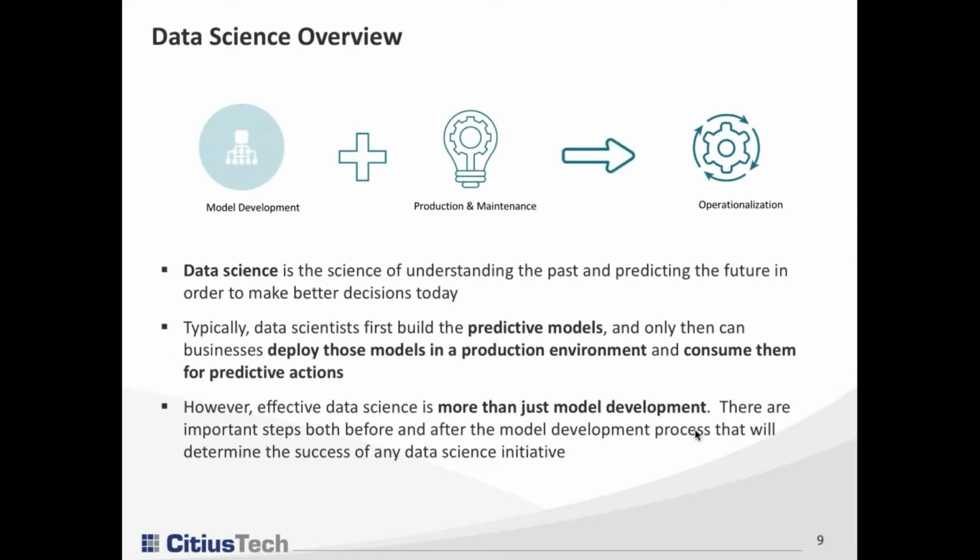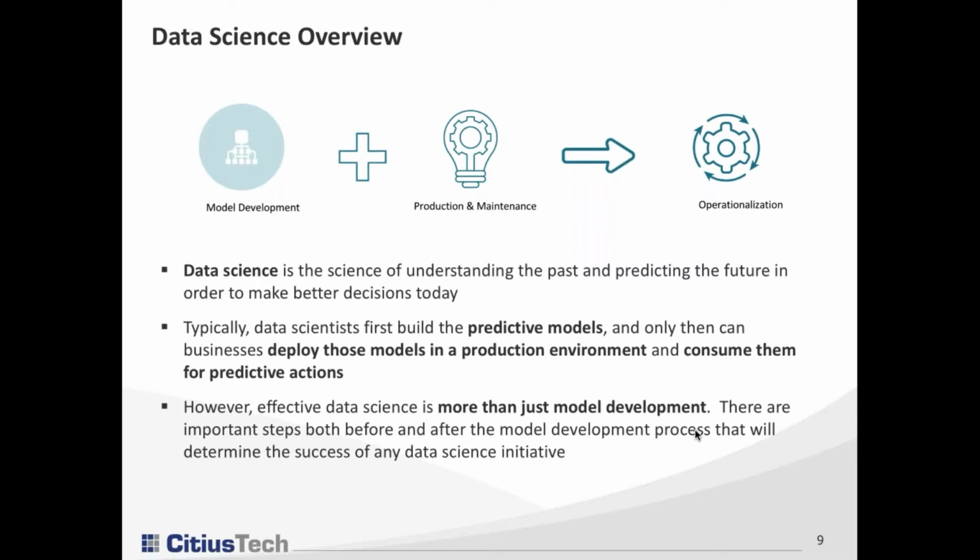So before stepping into granular detail, we wanted to set some context and give a quick overview of what data science and what operationalization is to help set the tone for our conversation today. So data science is the understanding of the past and predicting the future to help drive better decision making. Operationalization, for our purposes, we're defining as a process of deploying, evaluating, monitoring, and managing models for efficient consumption